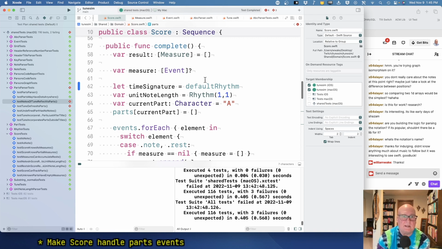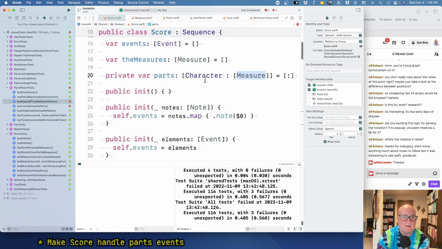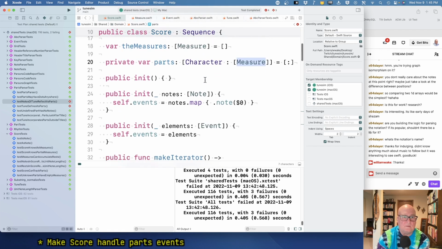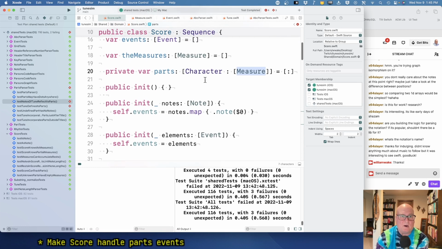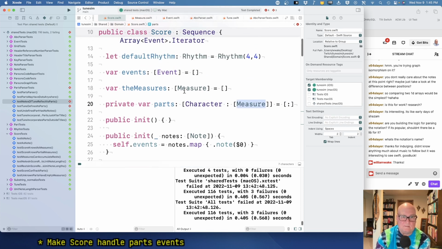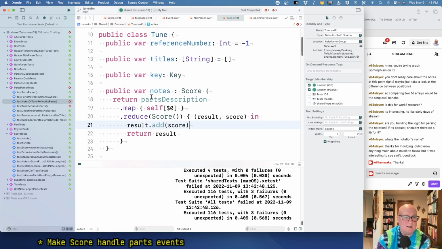I guess the question is, how do I get the notes for a part? That seems doable because we kind of just did it, but notes have measures and measures have events inside them. And if we fetch those notes, I guess it's the tune here. Like we need those notes. And this gives me the score that,